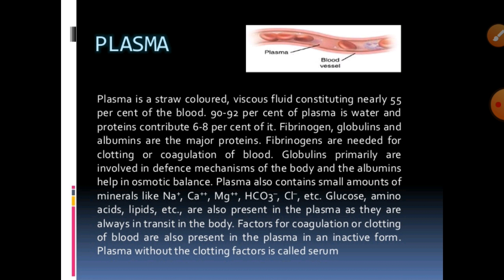Even so, this plasma can contain cholesterol, lipids, urea, waste, and other organic substances are also found there. So we can say it is a most important thing which can be found especially in it. Or we can say this plasma can also have all the factors for clotting, coagulation of the blood. They are also present actively in the plasma, and plasma without blood clotting factors is known as serum. Generally,